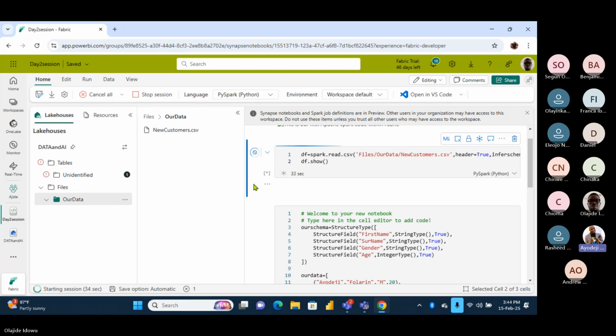It's taking time. Why? It's starting the session again. Are you stopping the session at intervals? I didn't touch anything. As long as it has started, it should not stop. Okay, let it run. This will take a couple of minutes again.